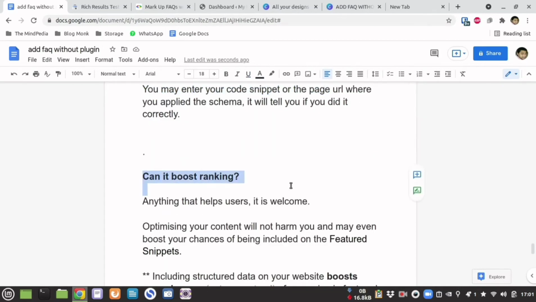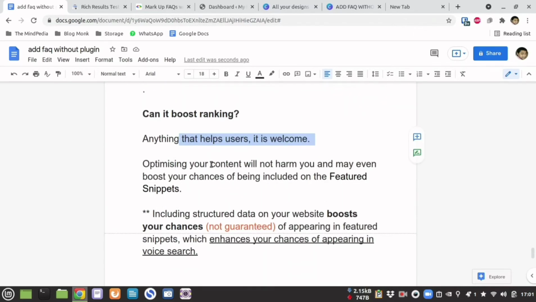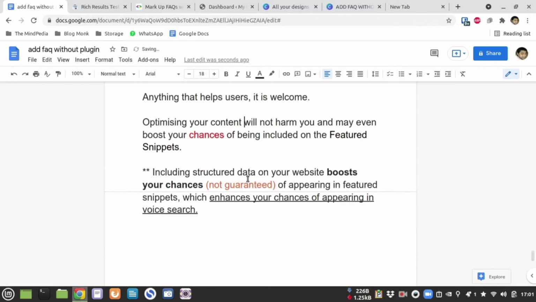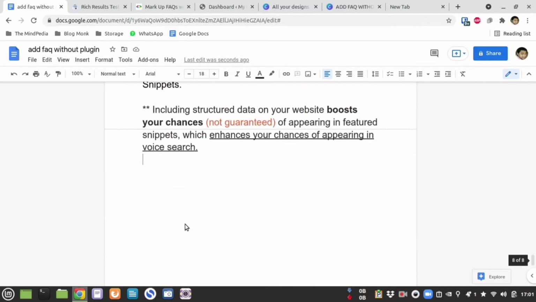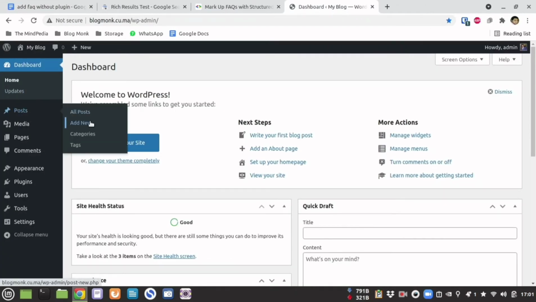Now, can FAQ schema increase ranking? Anything that is helping the user is welcome. As you can see in the search result also, these FAQ schemas are being shown. So it has a chance of being shown as a featured snippet also. And featured snippet is the 0th position, so it may give you a chance to rank. Also in voice search, along with the answer, your website name is presented. Hence, people will know from which website they are getting the answer, and this will bring more traffic to your website.